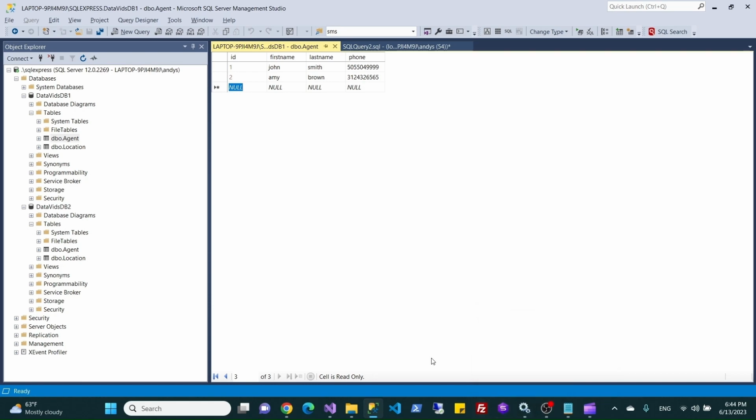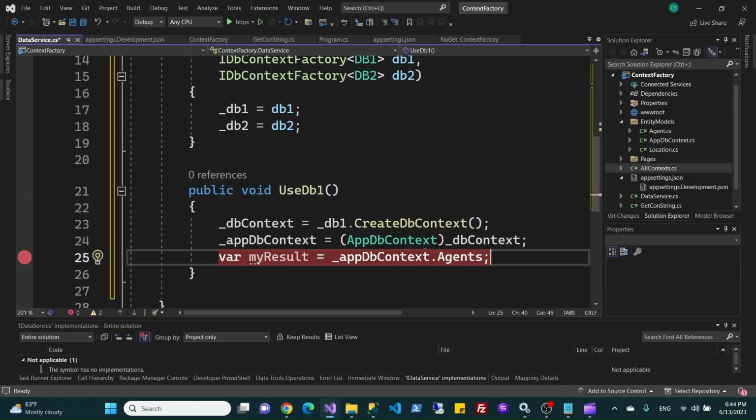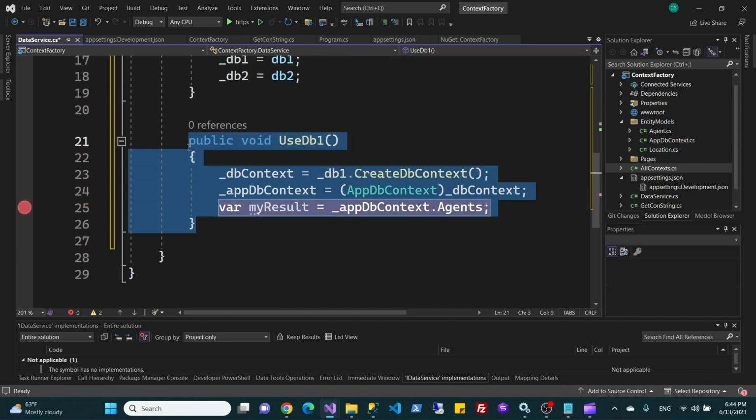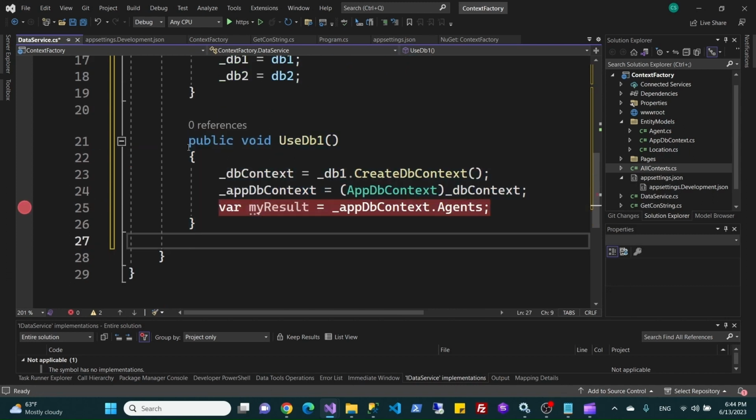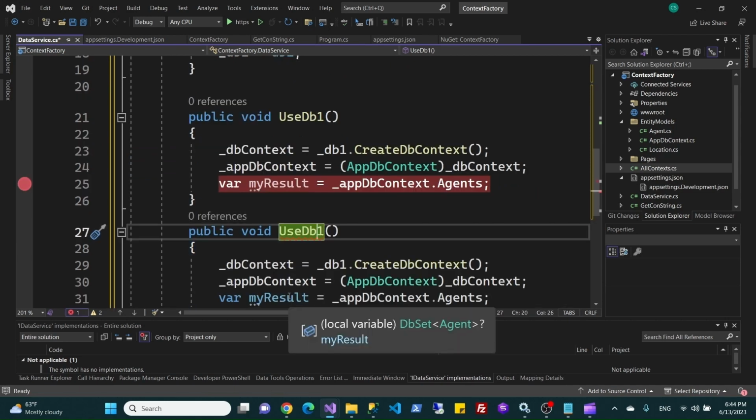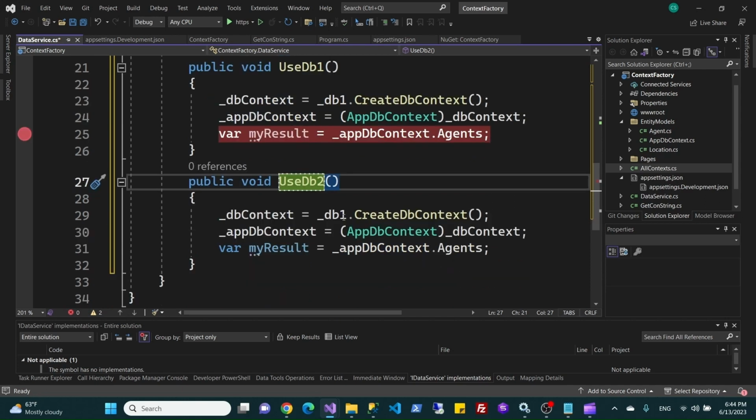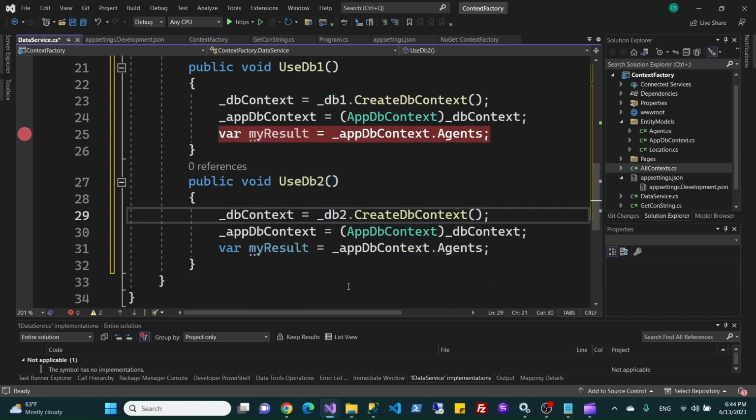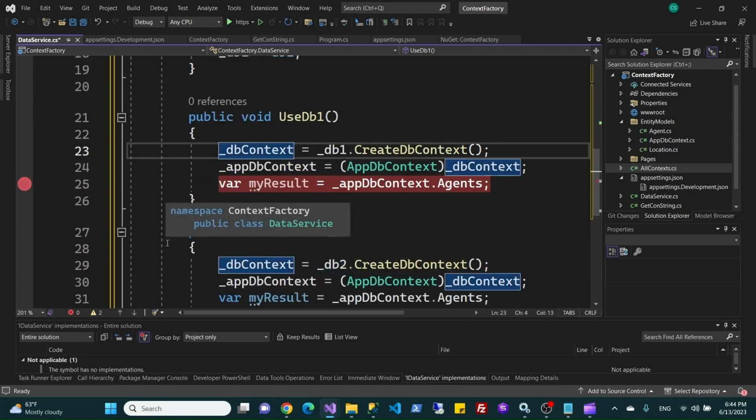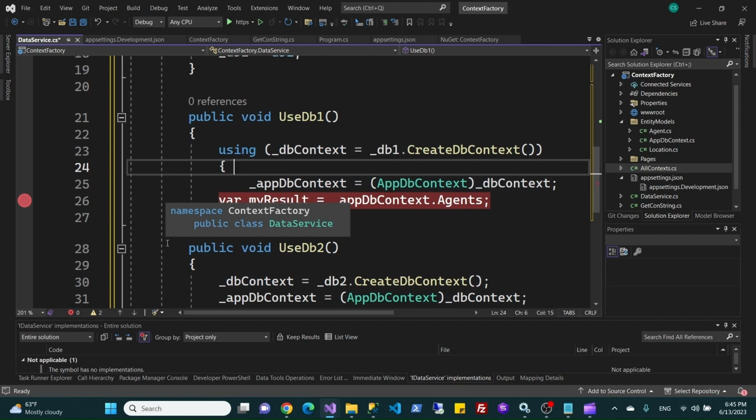Let's come back to our application and let's create another method just like that for use db2. We don't know until we hit this method that that's the context that we want. And you've got to change these to be using statements. So let's do that now. Should have done that earlier, but it's okay. We caught it in time